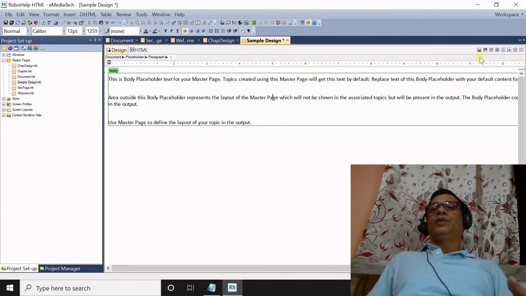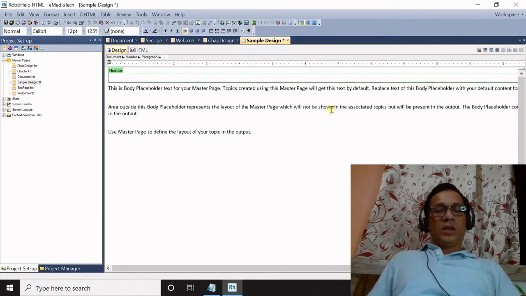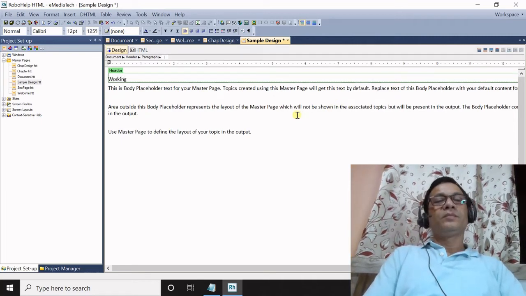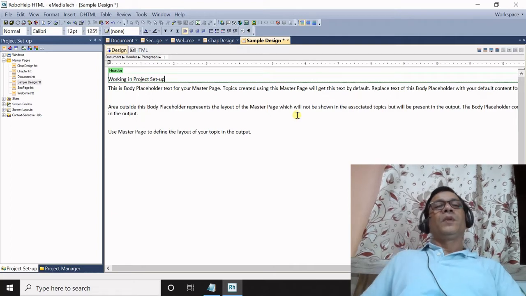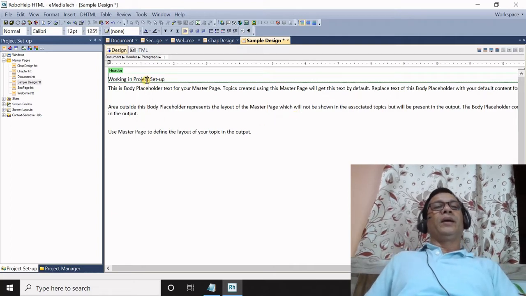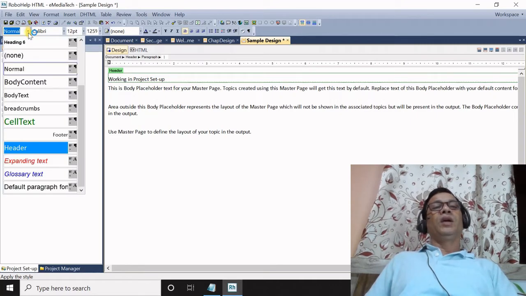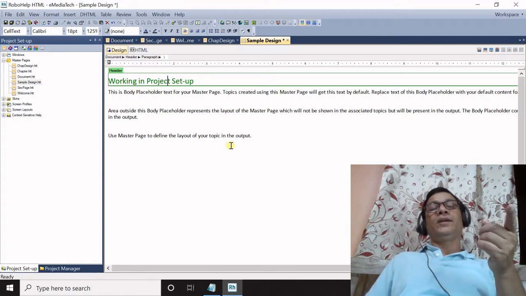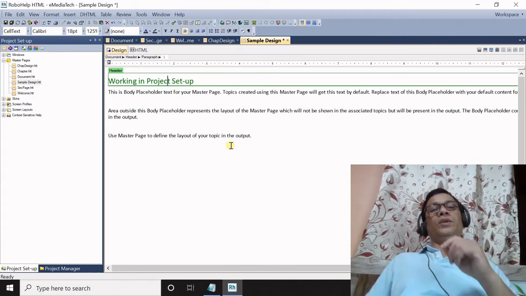In this example, I am going to add a header. Now write the name of the header, working in project setup, and then apply a formatting style from this list. Remember this formatting style list is coming from the style sheet that you actually attached to this template.